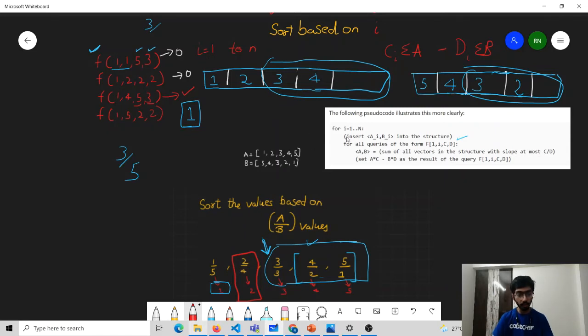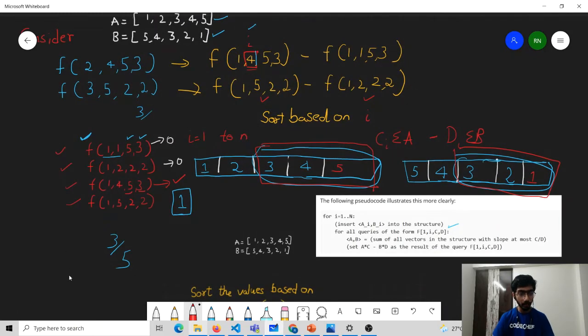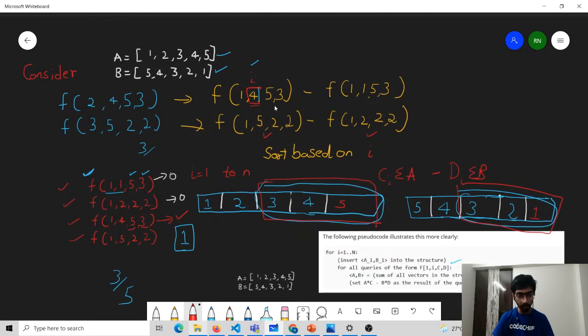Next we are going to move to i equal to 5, and we are going to insert the value here, which will be 5 and 1. Here the d by c value will be equal to 1, and where does 1 lie? 1 lies somewhere over here. So we have to take into consideration all the values of this particular suffix. And again we can find the summation of a and summation of b using segment tree, and then use this formula to get the value of this query. Once we get the value for each of these queries, we can easily get the value for all the given queries by just putting in the values of these queries over here and then subtracting them. In this way we will be able to solve the answer for each of the given queries.